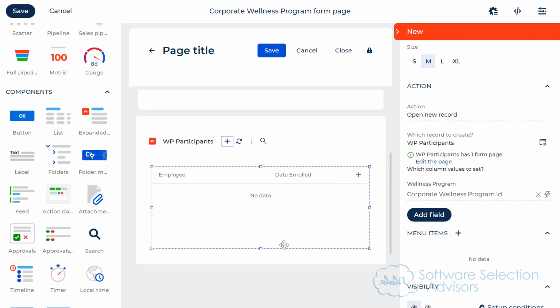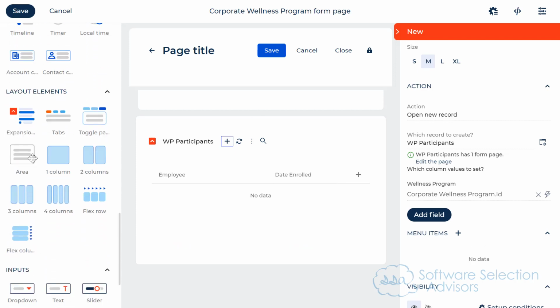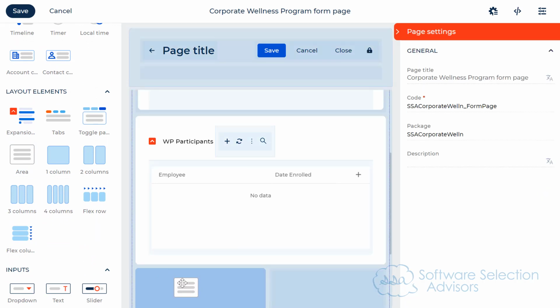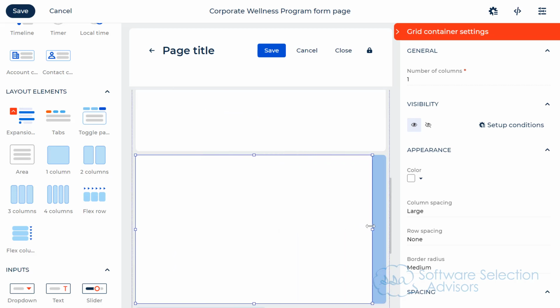Cool beans. So we've got wellness program participants, and now we're going to do the same thing, and we're going to make sure that we have the ability of seeing the activities that are logged against this particular wellness program. Okay, so we're going to do the same thing. We're going to drag a new area. We're going to expand this area, and we're going to add